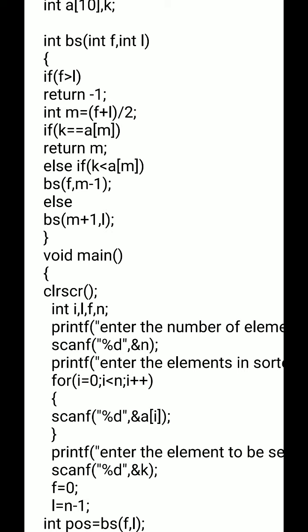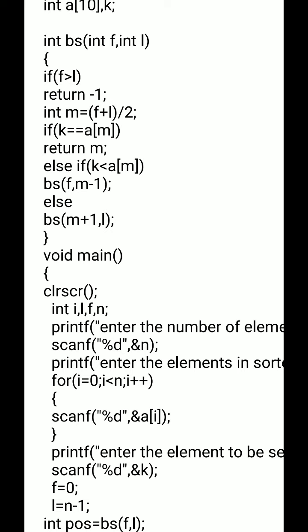And the element to be searched, which is in the variable k, also a global variable we have taken, we are checking whether k is equal to the middle element, which can be represented by am, then it will return the index of the element found at the index m.